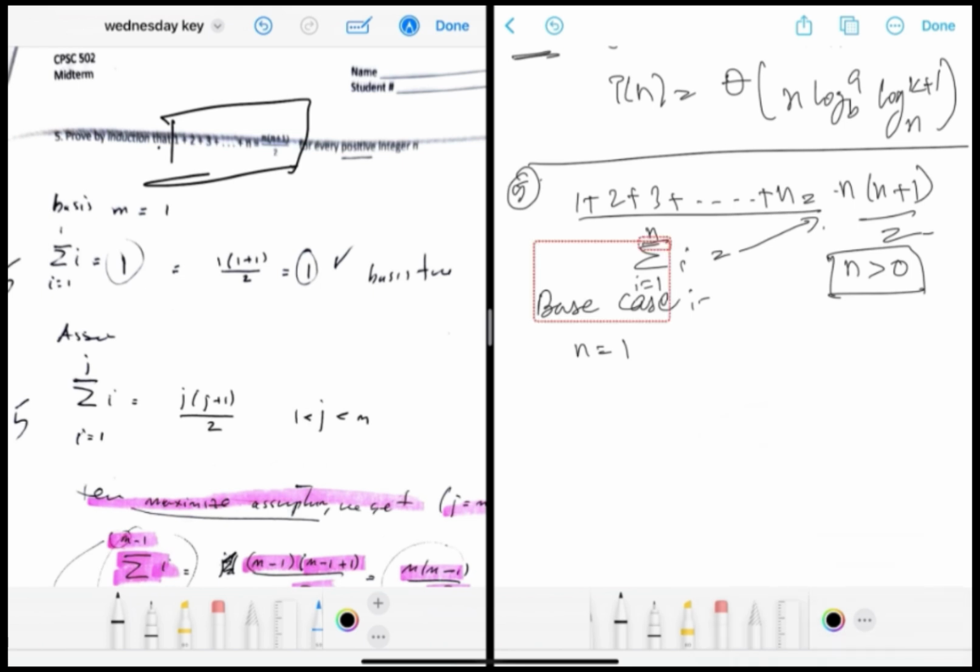So for the base case n equals 1, sigma I from 1 to 1 is just 1, which can also be written as 1 plus 1. Here, if we substitute 1 into 1 plus 1,